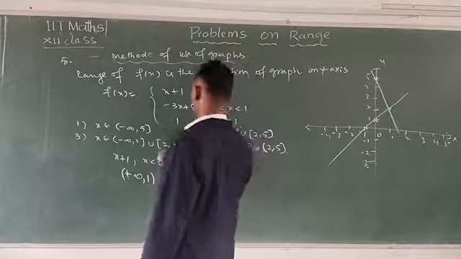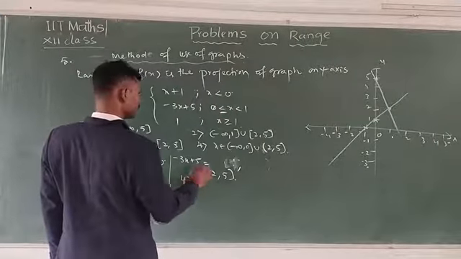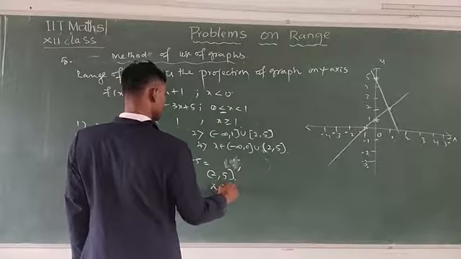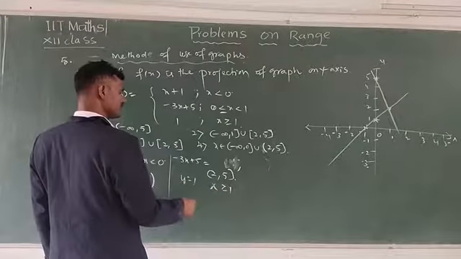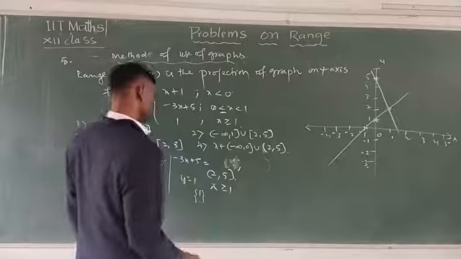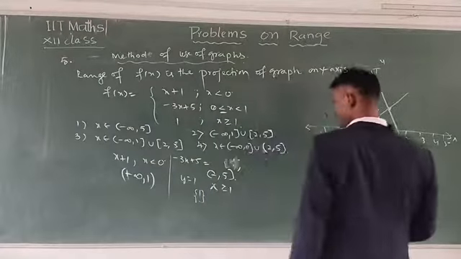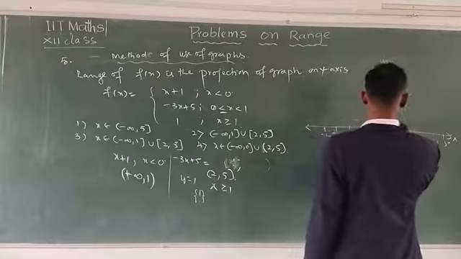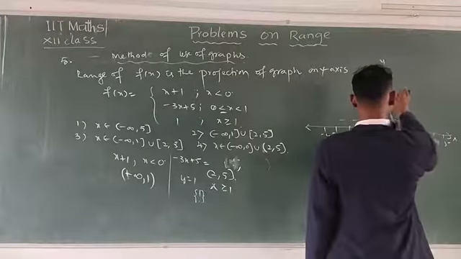Next, the third one is y is equal to 1. Y is equal to 1 when x is greater than or equal to 1. X is either 1 or more than 1. Then you can take 1. Then here also y is equal to 1 when x is equal to 1.